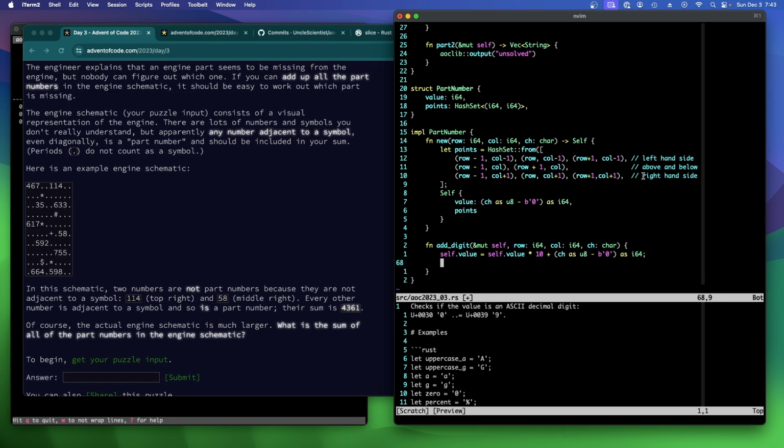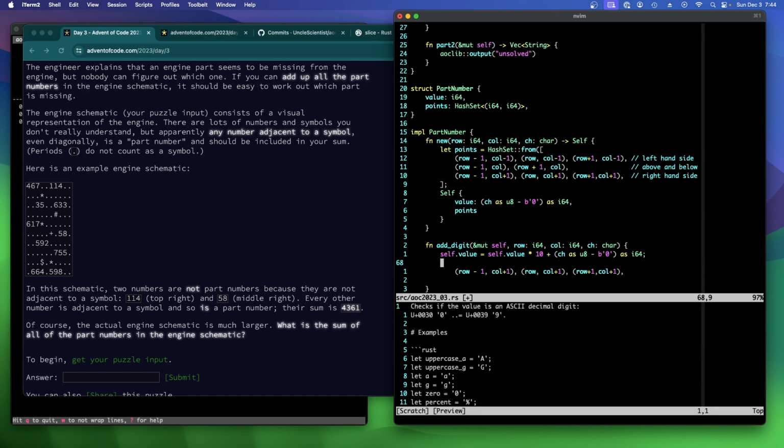And now we want to add the right-hand side again, because we've added all the points around us. So say we just did the 6 through here. Now we're adding the 3, and we need to add these 3 points next to us, because we don't know if there's another digit coming up. So we have to add the current point, which is fine because the symbol will never be in the same location as a digit. And then when we get to this 3, we can add these 3 points. And then when we get to the dot, we're going to do something else, and I haven't written that code yet. So we just need to steal these 3 values here